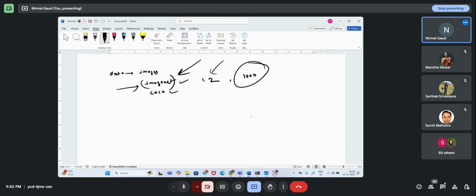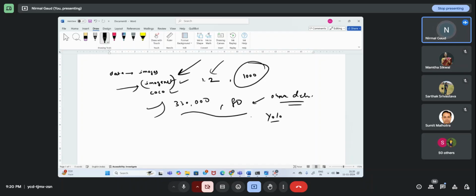And COCO, Common Objects in Context, comprises 330,000 images, and they have 80 categories or 80 classes. I have seen this kind of data in object detection. For example, if you know about YOLO, in the YOLO versions, COCO is used.